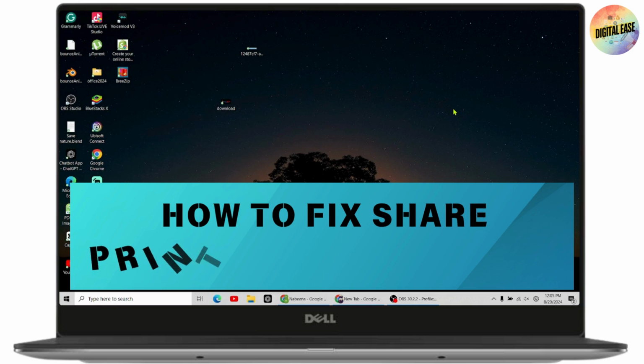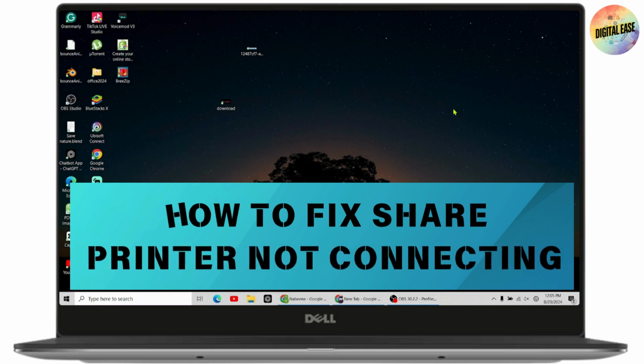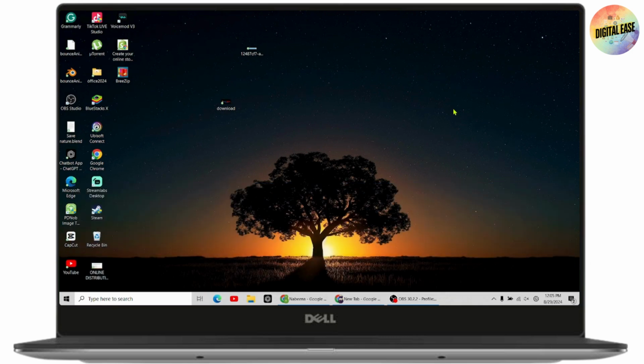How to fix share printer not connecting. The operation failed with error 0x00000775, error in Windows 10 or 11. So if you want to fix this problem, then the first thing you need to do is open up your